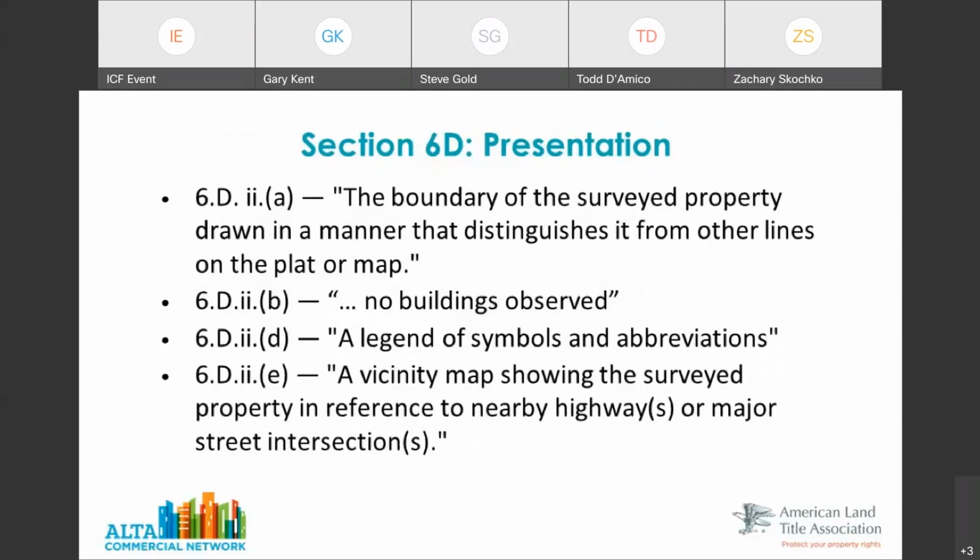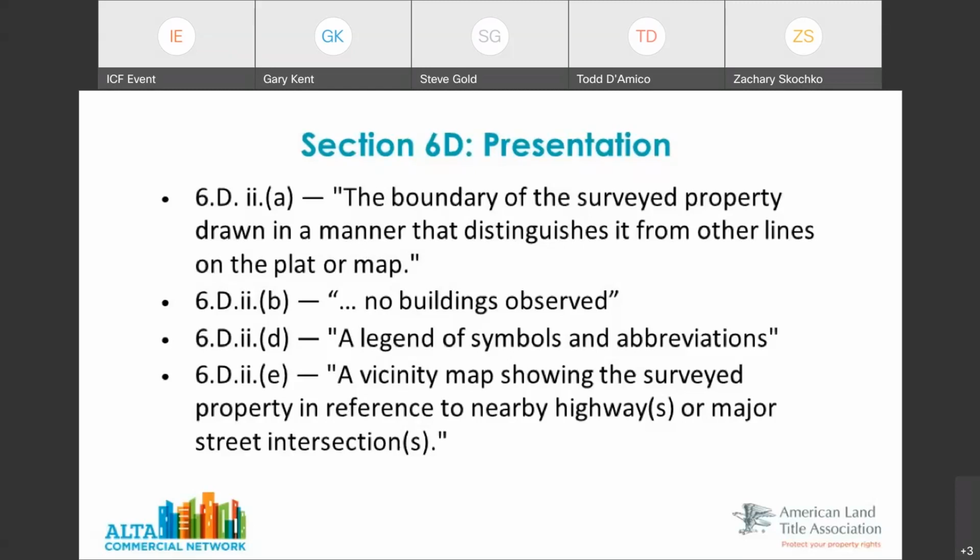So the presentation of the survey, we spend some time in the standards talking about what that should be, the boundary of the surveyed property, right? We should clearly identify the boundary. We've talked about how accurate things should be. We've talked about the calls and distances around that should be able to be traced and calculated in a mathematical closure. That should be identified on the survey so that it's distinguished from other lines. Certain companies do that with a thick, darker line, and some companies do it with a color. But that should be able to be found on the survey, and we want to point that out so that everyone in the transaction can go to that area of the survey and identify it.